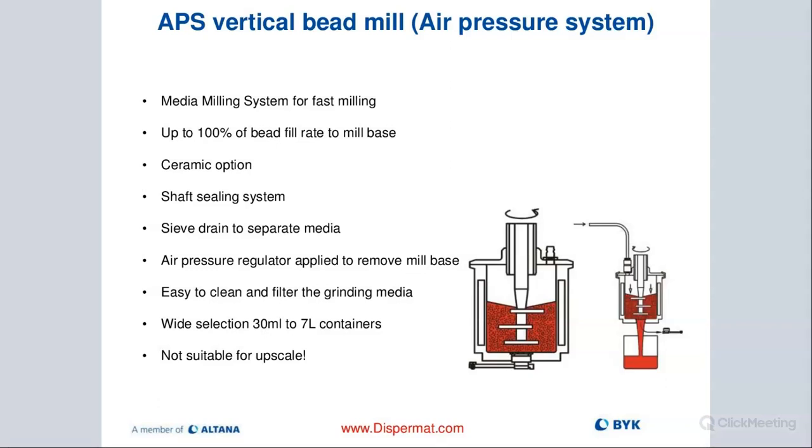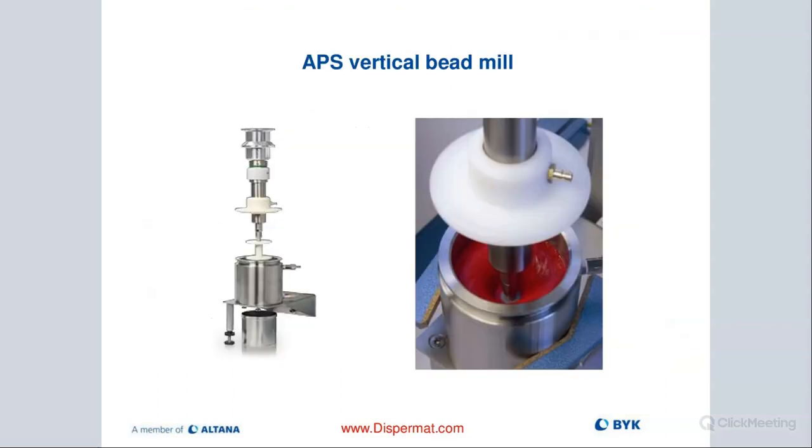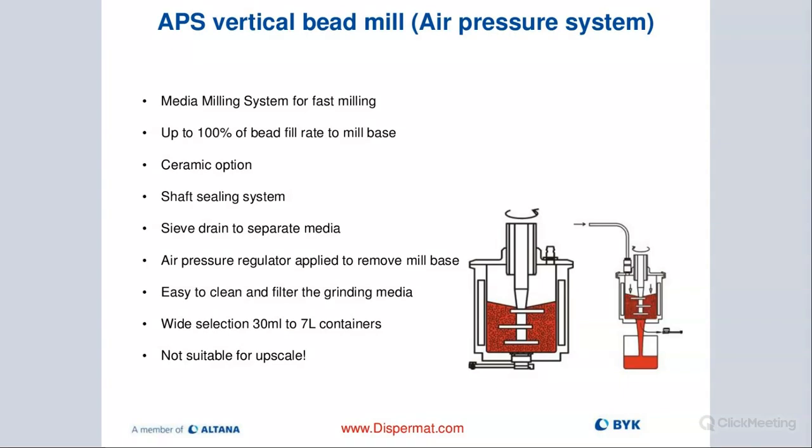So when you're done milling, all you do is remove the drain plug, hook up an air hose. There is a socket. You can see that on this picture on the right-hand side in the cover. It's an air socket, and that is only there to pressurize my APS system and purge out my mill base through the screen into my container below. So that basically is a very, very efficient way of milling many samples, very small volume inside of my